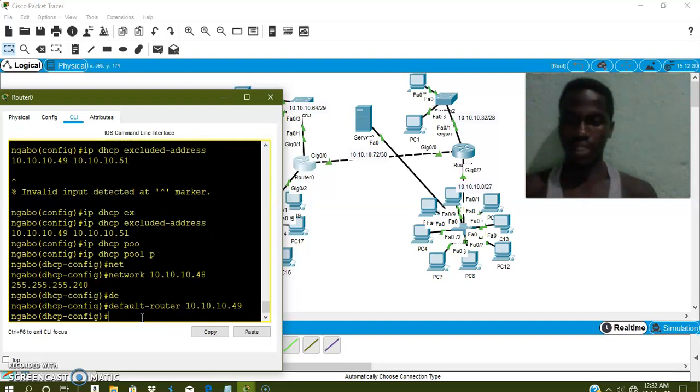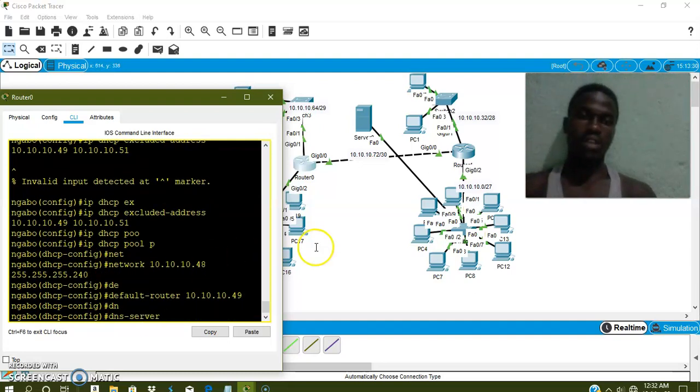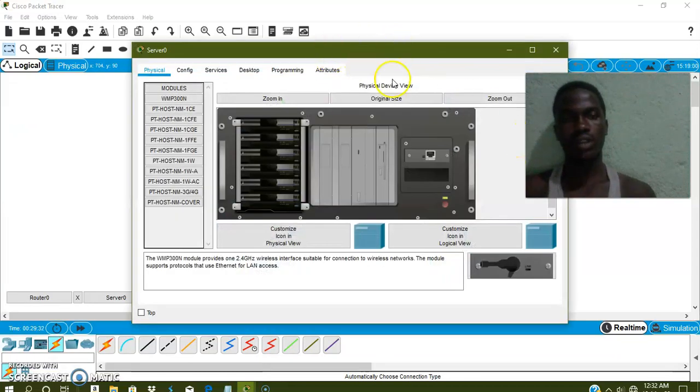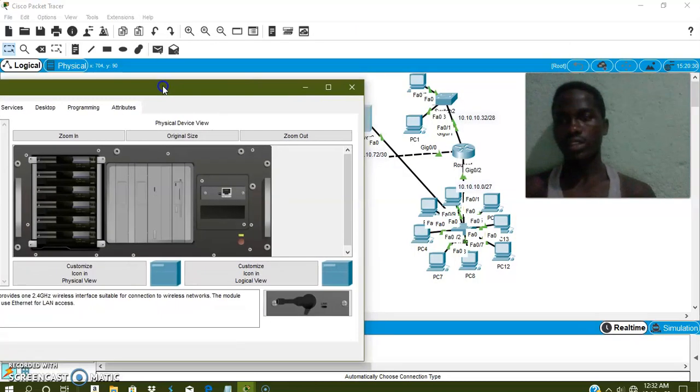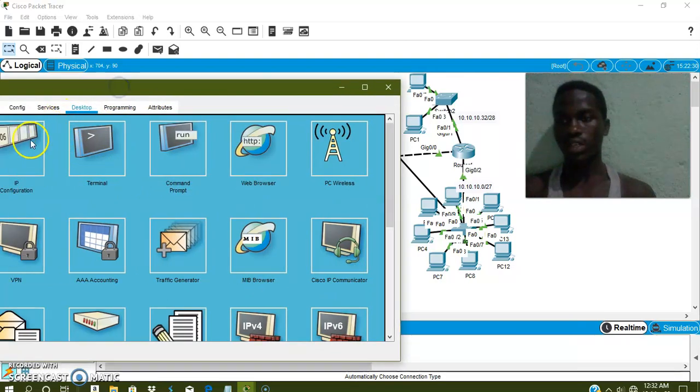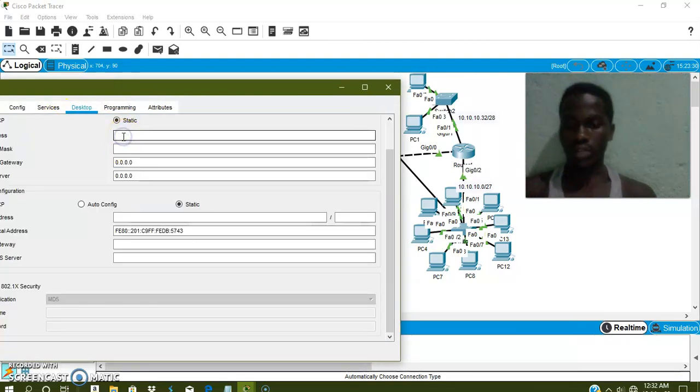Then we say DNS. Depending on which subnet our server is, it's on subnet of 10, 10, 10, 0. Then we have to set our server with its IP. Let's see, and its IP, we come on desktop. Then we come and set the IP, where we give it static 10, 10, 10, let's say 2. Then we have to say like 255,